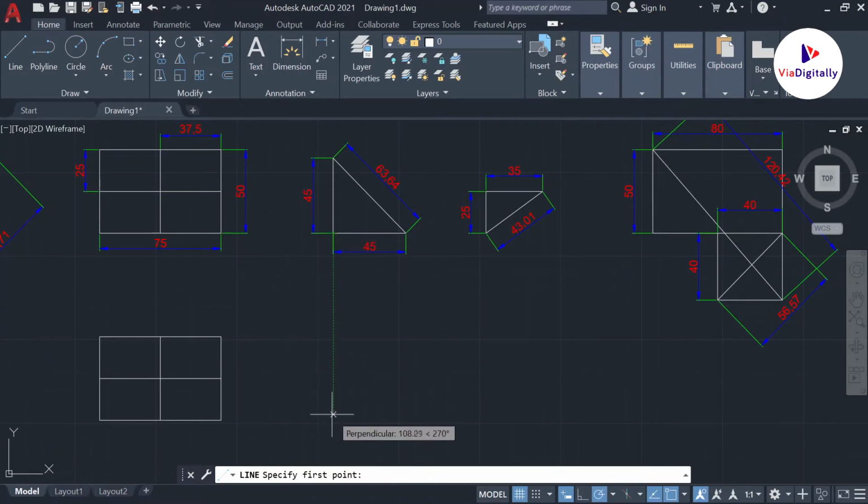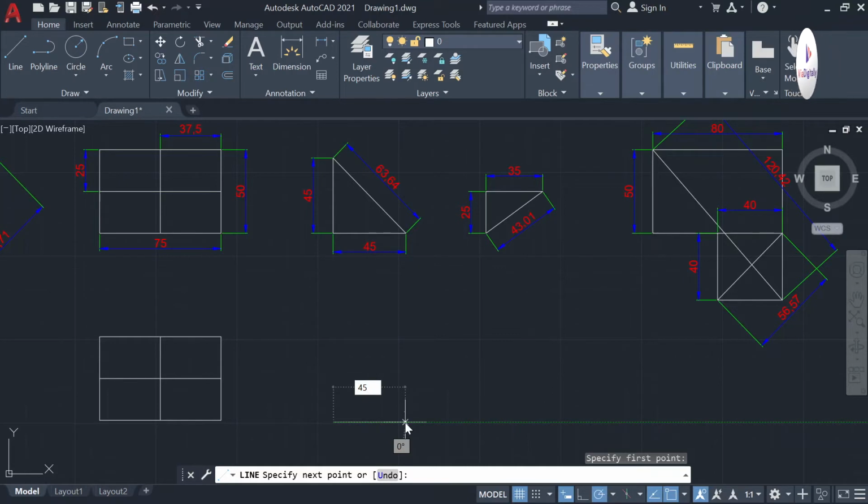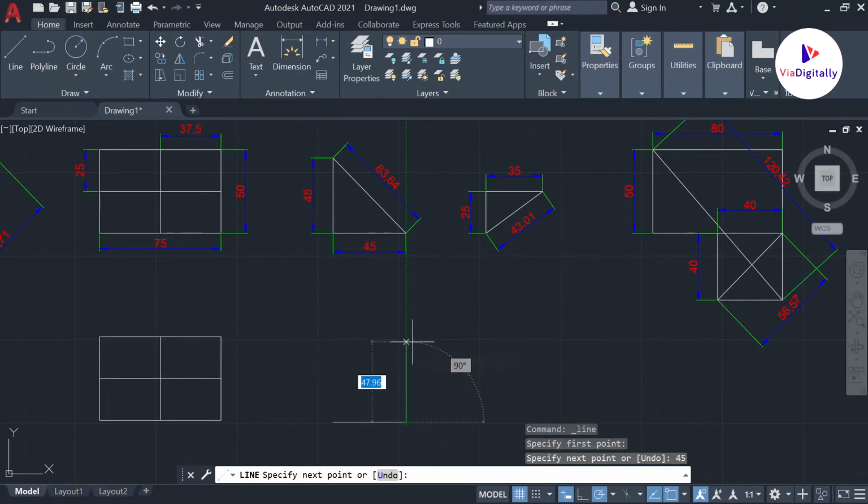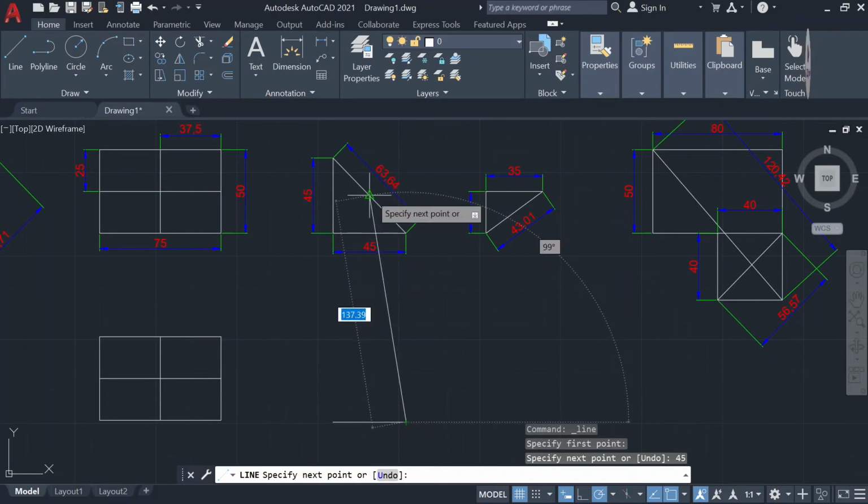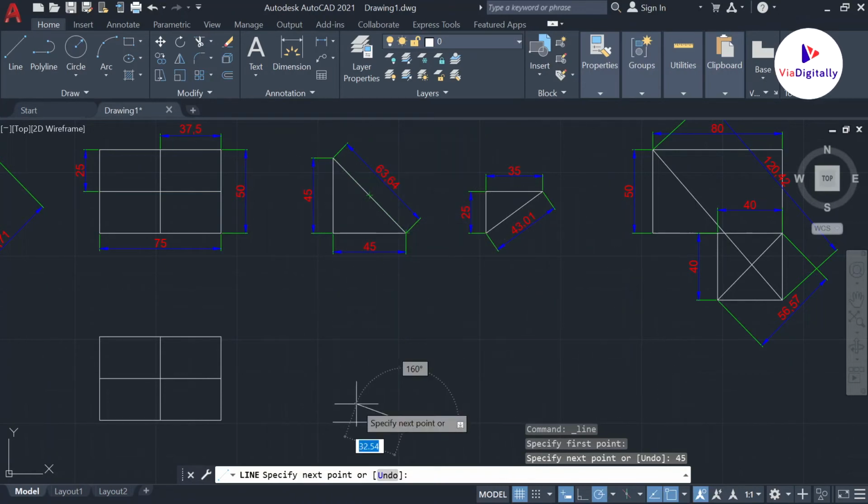I'm taking the starting point reference. It is to make sure that the diagram comes just below our question. Now the horizontal line is shown at around 45 degrees in the question, so I'm just giving the input value. Now if I enter 63.64, I don't know the angle of this line. I cannot know the angle of this line. For that reason I cannot draw this line just now.